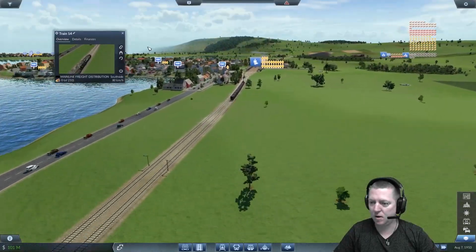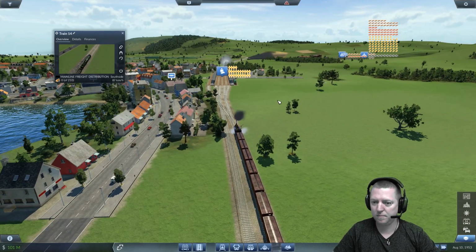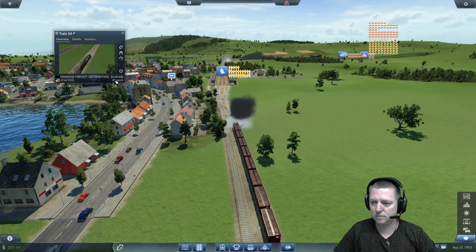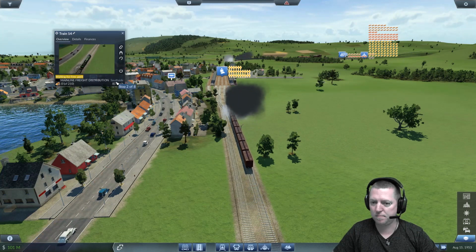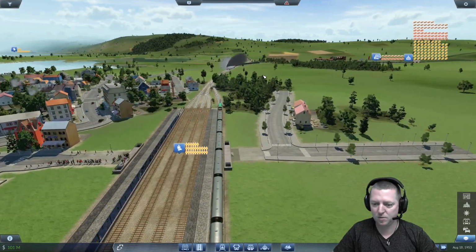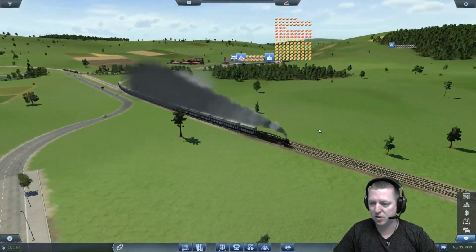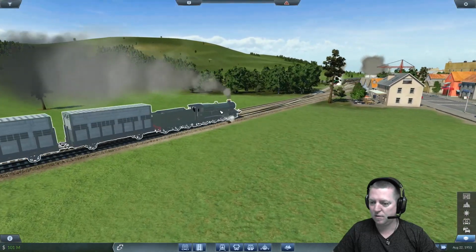Along these high... Oh, don't get stuck there. That's just annoying. Come on. You're going to make him stop, and I don't want him to stop. Oh, dear. Yep. He's coming to a screeching halt. All right. It's the only... Thank you, autosave. It's the only thing I'm not happy about with this particular line at the moment. It's going to need some fixing eventually, I think. All right, 3801's off. Food train's...